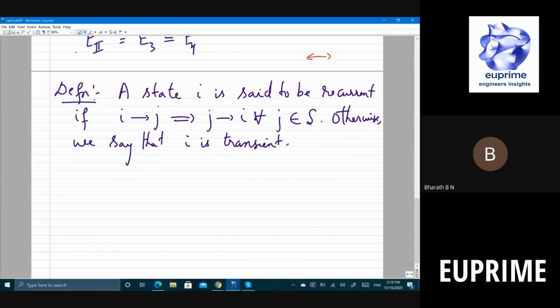So you know what a class is, right? This definition of recurrent just implies the communication we have defined above. So it should belong to a communicating class, but there is another requirement. For example, I communicates with J. That should always imply J should communicate with I. If you look at the previous example,